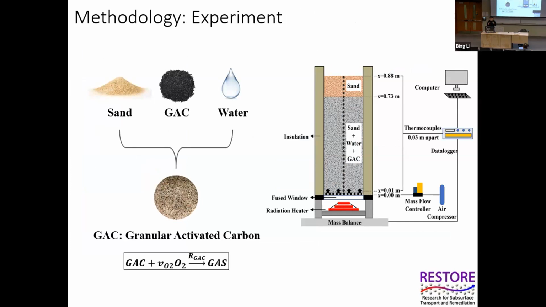The experimental procedure basically follows the same animation you saw in the last slides. We put all this wet mixture into a 1 meter high and 10 centimeter wide stainless steel column. The heater and the air sparger were placed at the bottom to trigger the smoldering reaction. The thermocouples, the black dots located in the center of the column, were used to measure the temperature changes. So the temperature can help us monitor the water evaporation, condensation, and smoldering in real time.